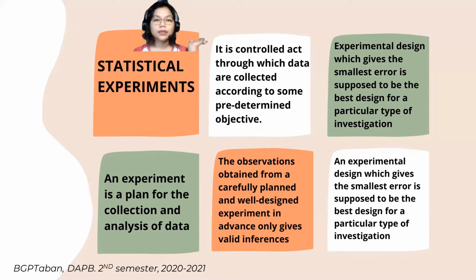We consider this a controlled act because the researcher has the ability to manipulate the data sets, to manipulate what treatments must be included, and it is highly anchored on the prescribed goal or objective of the